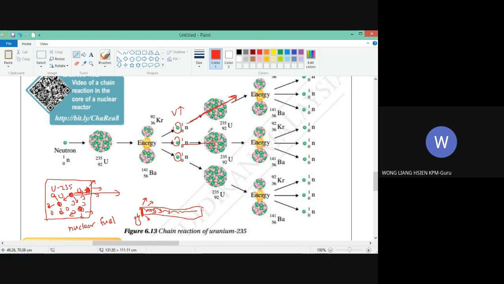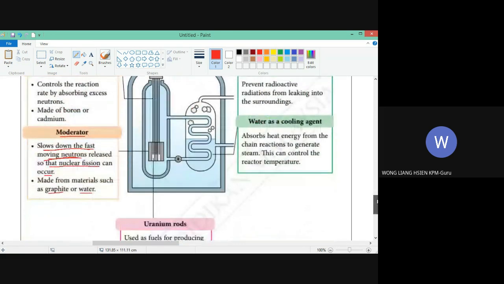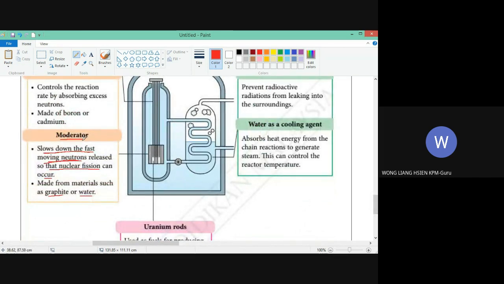So in order to make the neutron travel at a suitable speed, it needs to be slowed down. To slow down the neutron, use a moderator. This moderator is made from materials such as graphite or water. Actually, the new version of the reactor is mostly water. So when the neutron that comes out passes through the graphite or the water, the neutron will slow down,